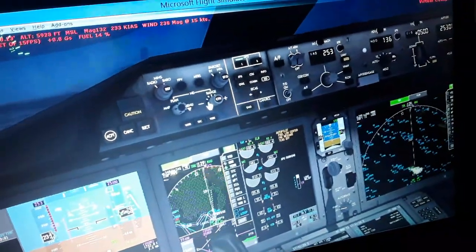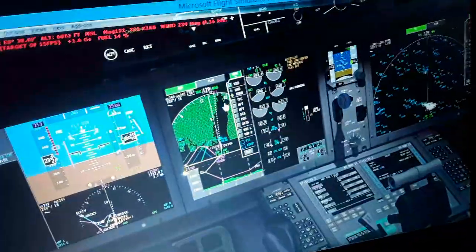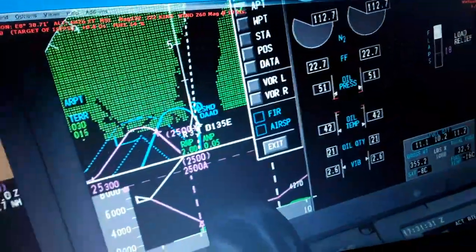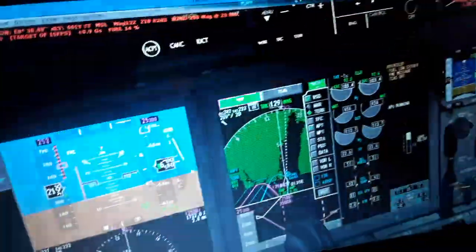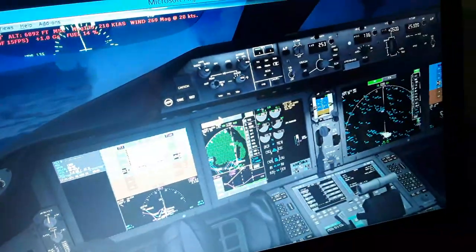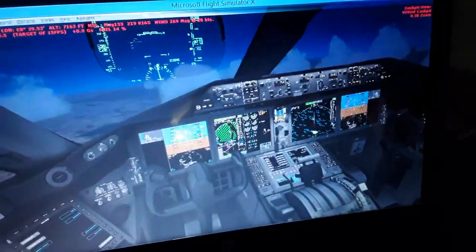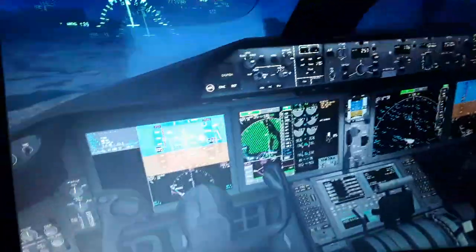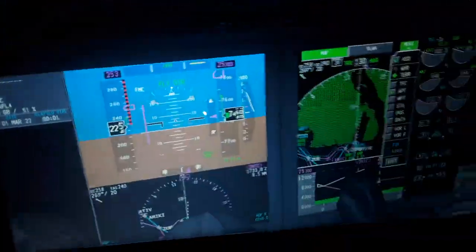So we need to use a little bit less over here, the flaps. So we can see we are like this above the ground level. So you can see how many feet we are above the ground level as we watch the airspeed and the